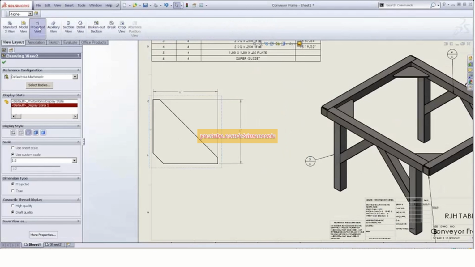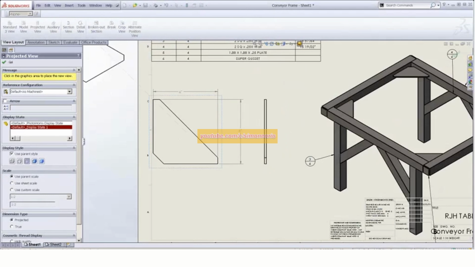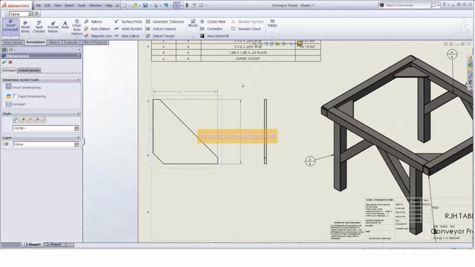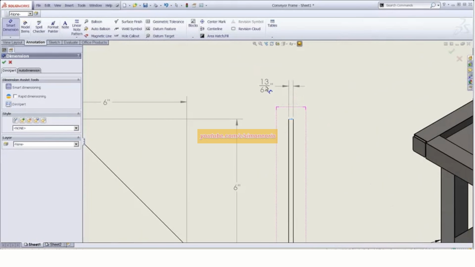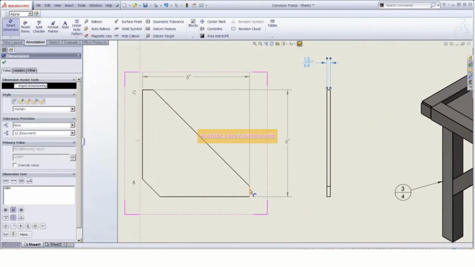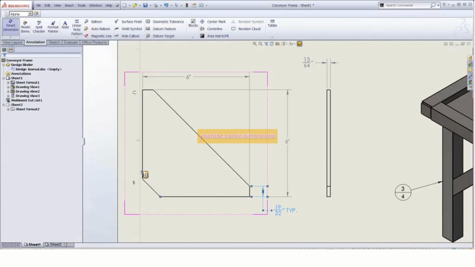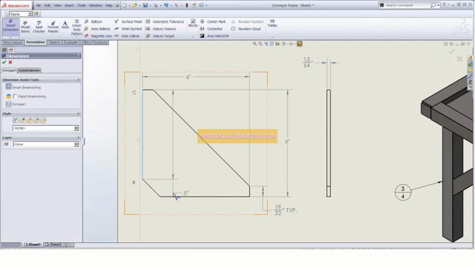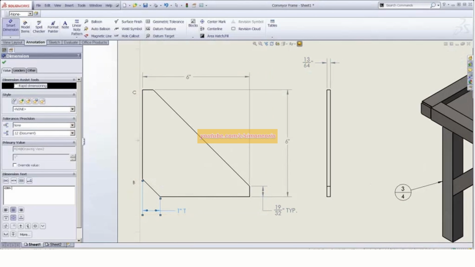So front view projected, right side there, and get my thickness. And again, my individual heights. Now, I keep picking up these cosmetic threads there. There we go. So here to here, and we'll call that out as TYP as well.